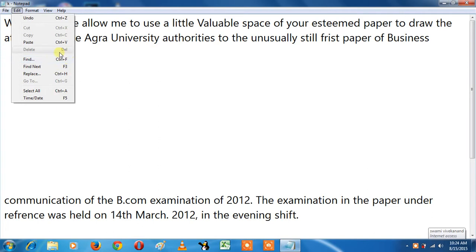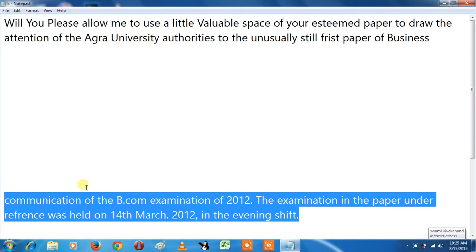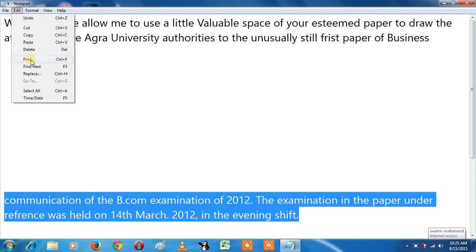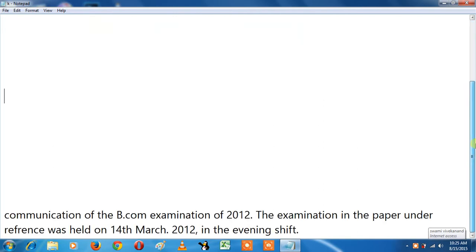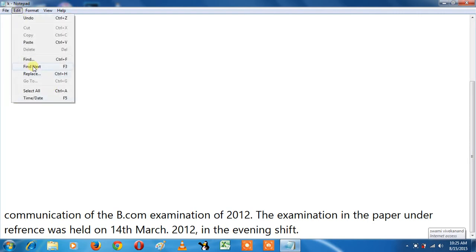And the next option we have is Delete. How can we select the Delete option? You have to select your data and go to Delete. It will delete whatever you typed, copied or pasted.